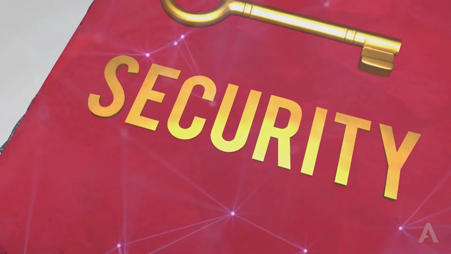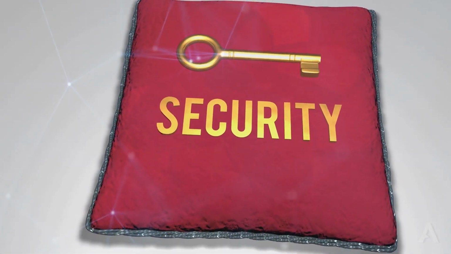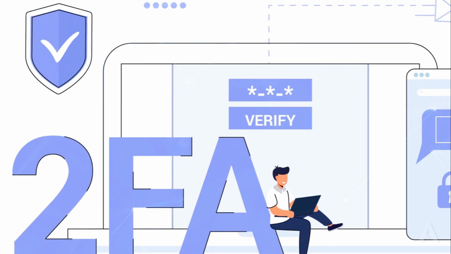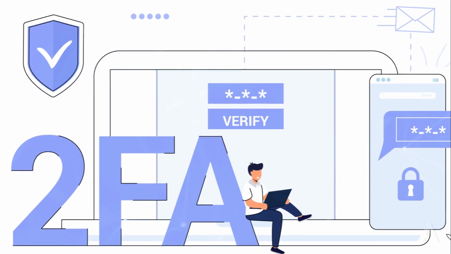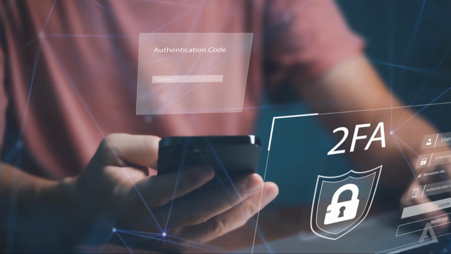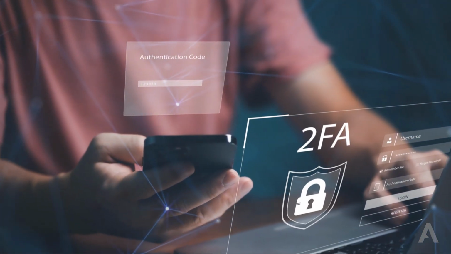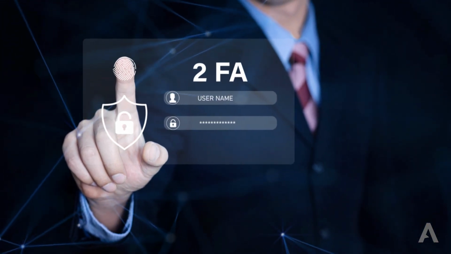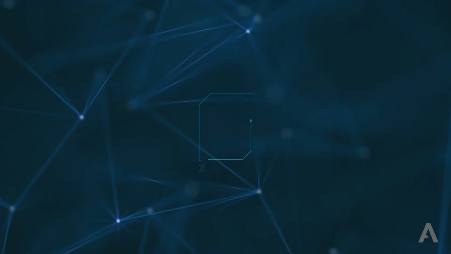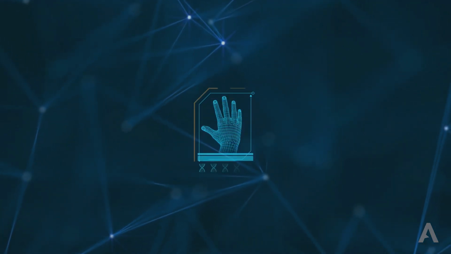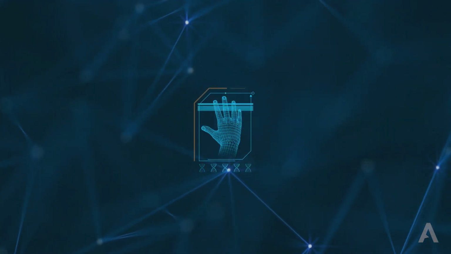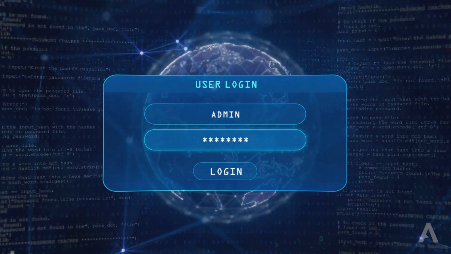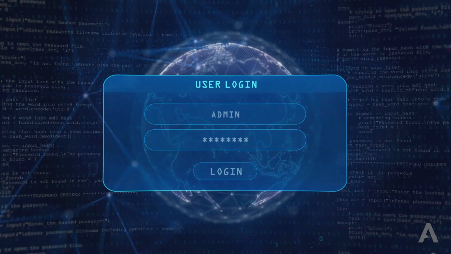The cost of implementing MFA is far outweighed by the potential financial losses and reputational damage resulting from a successful cyber attack. A robust MFA solution can be implemented relatively easily and cost-effectively, providing a significant return on investment in terms of enhanced security. Take action today to strengthen your business security by adopting multi-factor authentication. Explore the various MFA solutions available and choose the one that best suits your organization's needs and security requirements. Embrace MFA as an essential security layer and safeguard your business against the evolving cyber threat landscape.